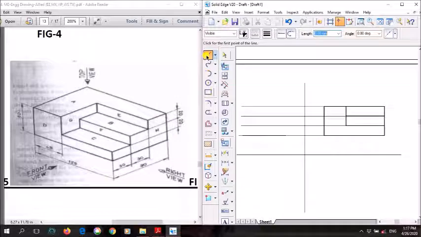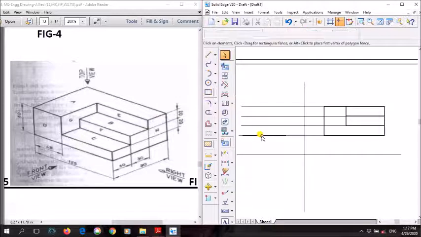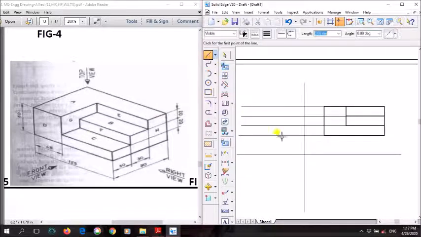Okay, so what we did is, I'll just show you once again. I took a line. Okay, so leave a small gap here, or sufficient gap, and start from here, clear? So I am starting from this end to the left side. So how much is the total length? It is 90 mm. So I'll draw a 90 mm line.